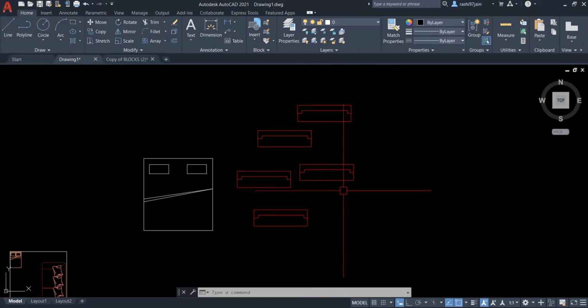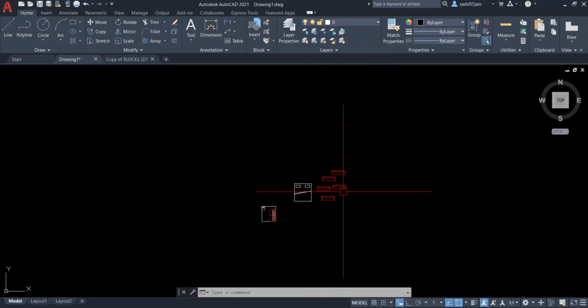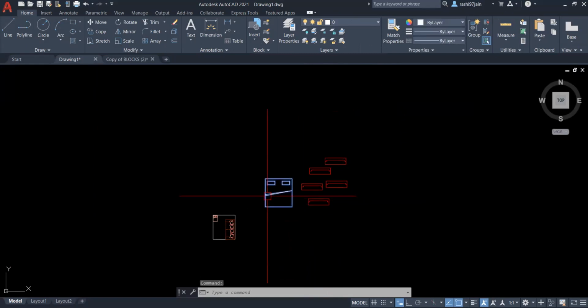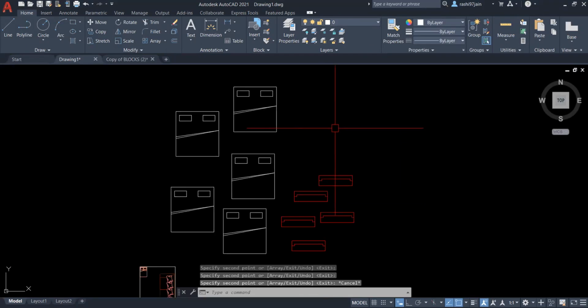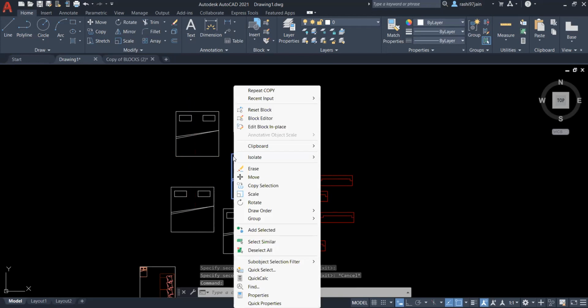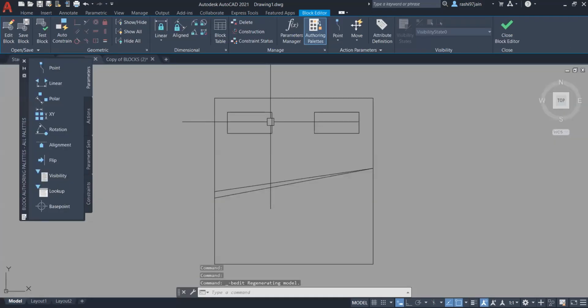What I did, if you will copy the same block here and there, right? And then you realized, okay, I want to make some changes here. Then select, right click, go for block editor